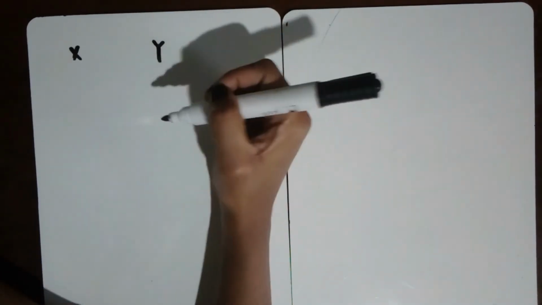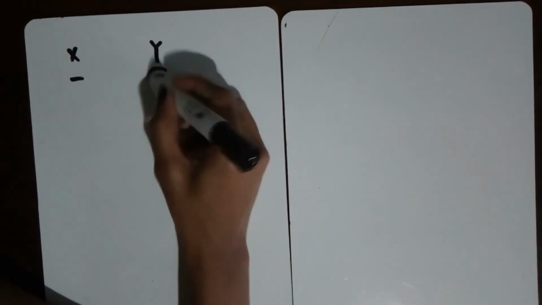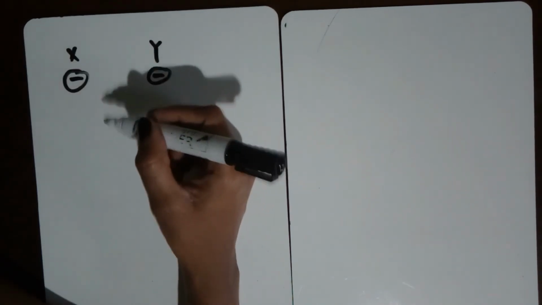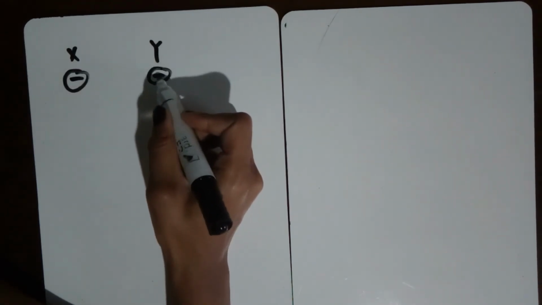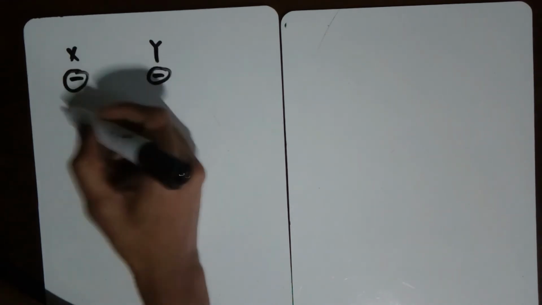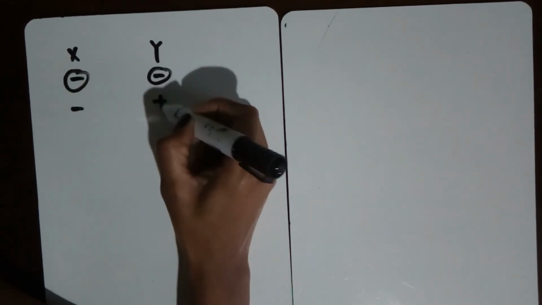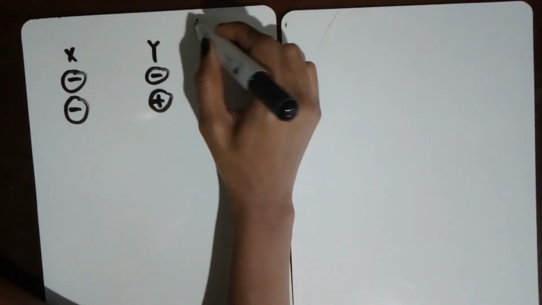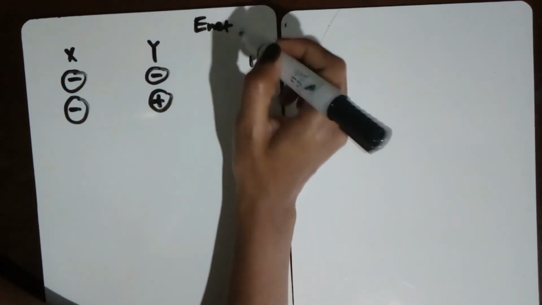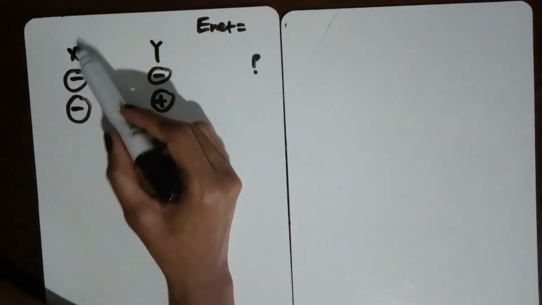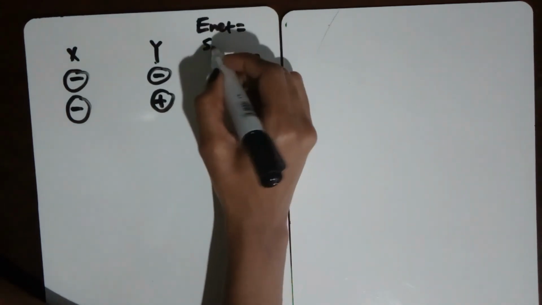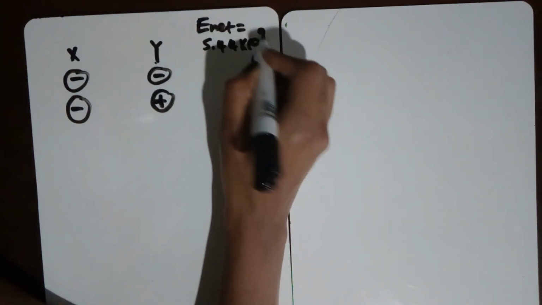So the last question is basically telling us that we have two charges, x and y, right? Initially, we determined that both of them were negative, right? Now they're saying that we changed it, it's still identical, so they still have the same magnitude, but now this one is replaced with a positive charge. So now we have point P, and we had said that the electric field that it experiences there as a result of the presence of x and y is 5.44 multiplied by 10 to the power of 9 Newton per